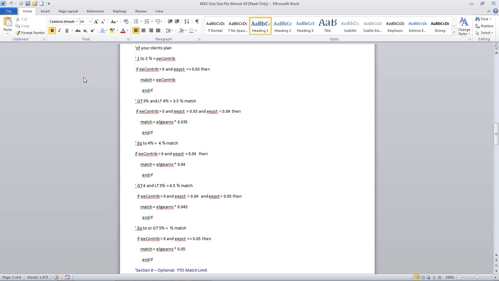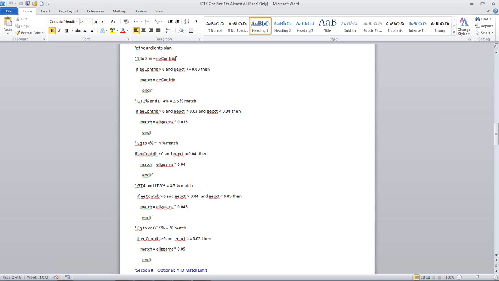So you'll see in this one, it starts at the top, and I've got the little quote with a note that says 1 to 3% matches the employee contribution. So I put some notes in here to kind of explain the logic. And in this case, it's 1 to 3%.